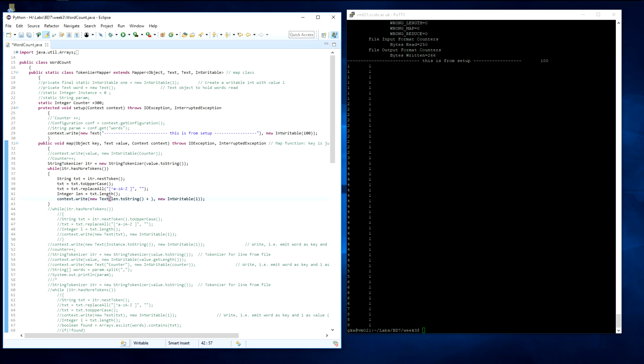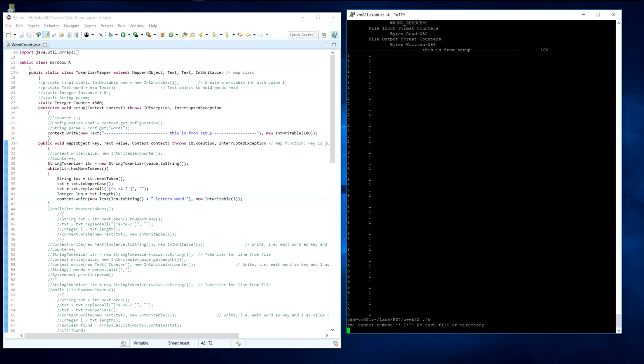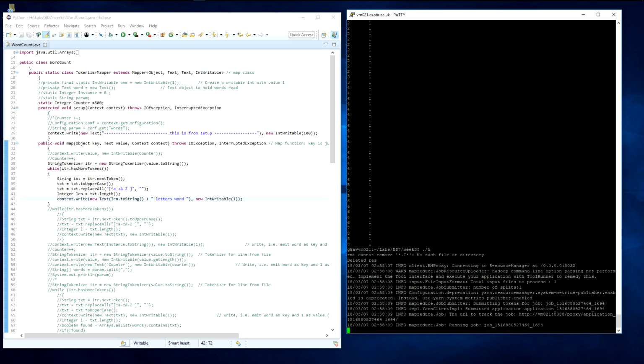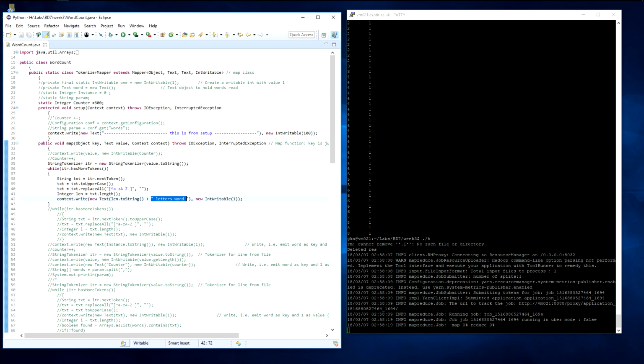To make it more understandable, I'm going to write word, letters, word, just in case. Okay, that means I write the key instead of text as the length of the text, and okay, I just added some comments. All of the values are 1, and